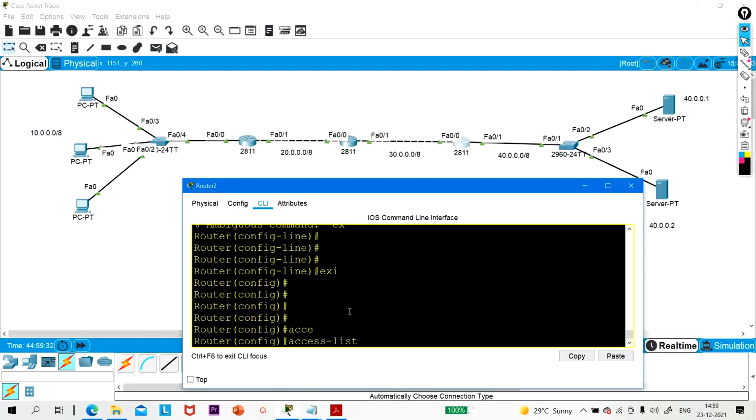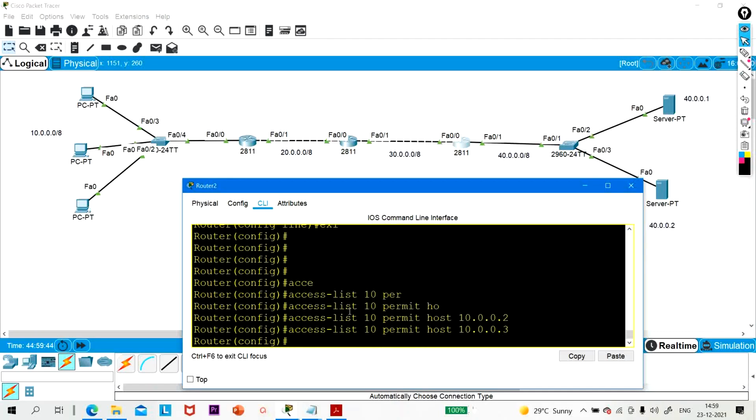So access list 10 permit host 10.0.0.2 and 10.0.0.3. Fine. Now show IP access list.